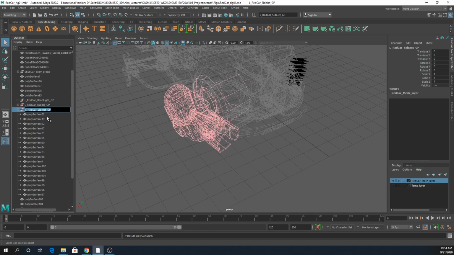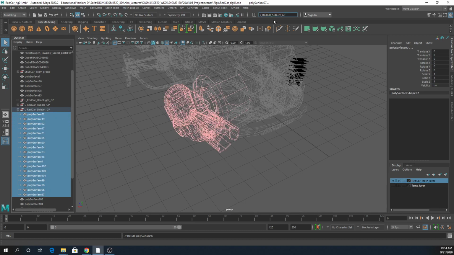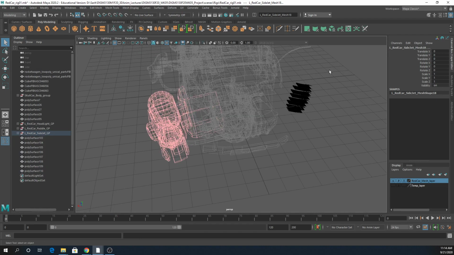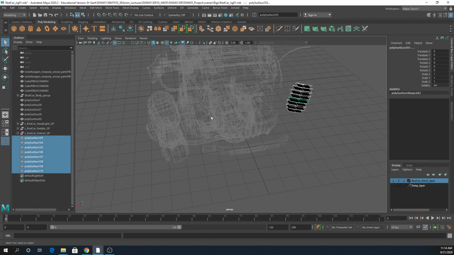Oh, it's good. I forgot to rename, so this is a good time. Just rename them all at once. Call mesh. Here we go. So now this one is already here, so let's do it. So we're gonna rename to R mesh, red car side jet mesh,